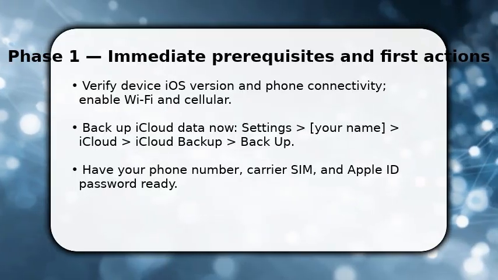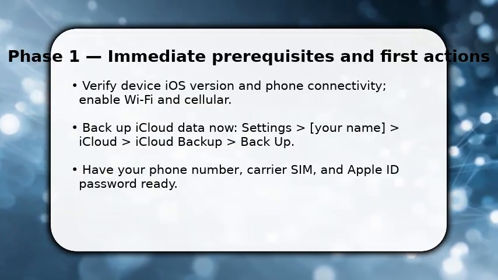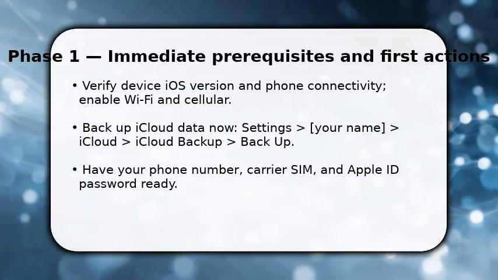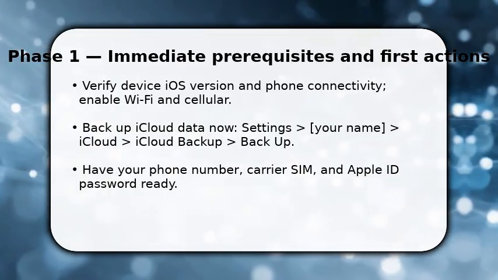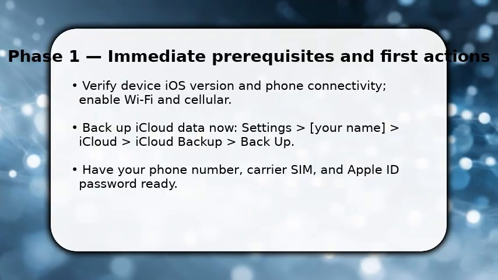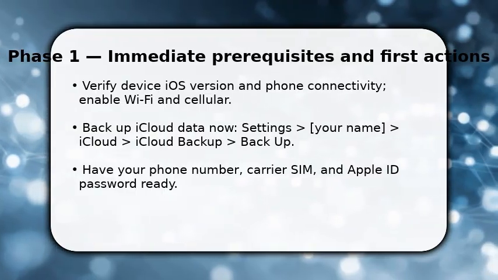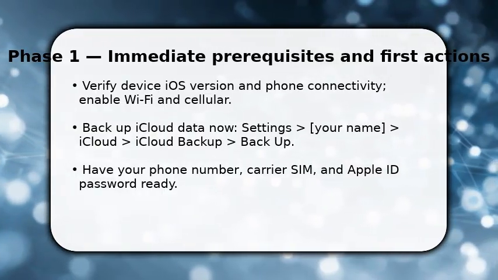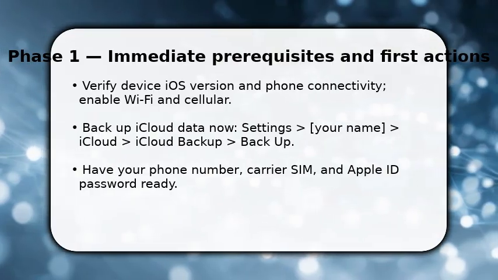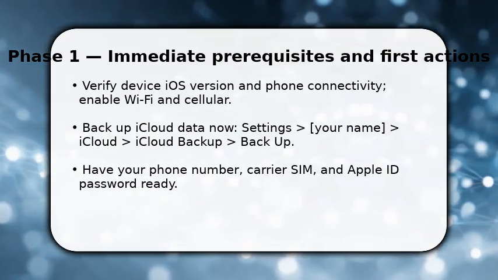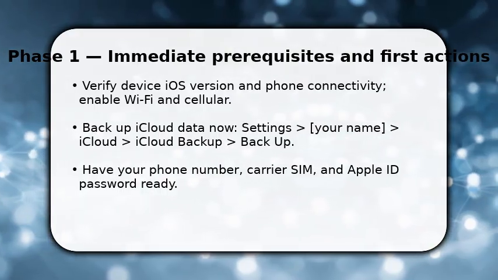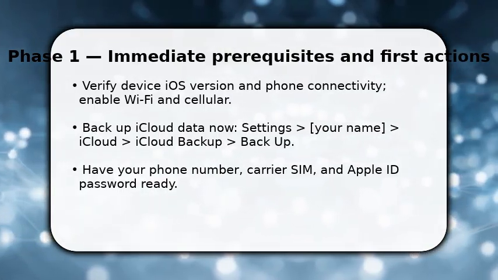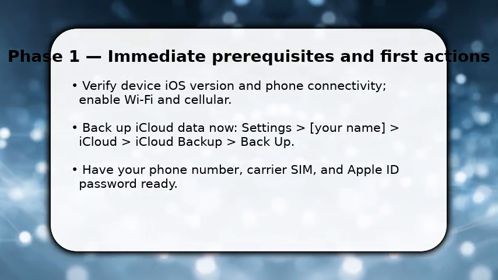You begin by confirming prerequisites and taking the first actions. Make sure your iPhone is updated and connected to Wi-Fi, then perform an iCloud backup so you can revert if needed. Once done, sign into settings and verify your Apple ID, make sure you know the password, and have the SIM with the target phone number inserted. This prevents lockouts and explains why we back up first, so you can safely move contacts, messages, and two-factor authentication